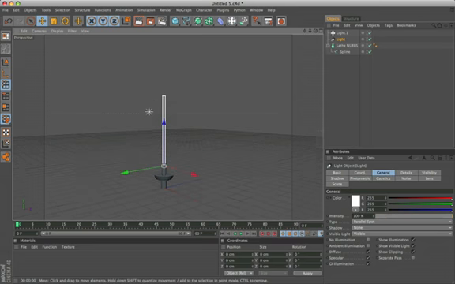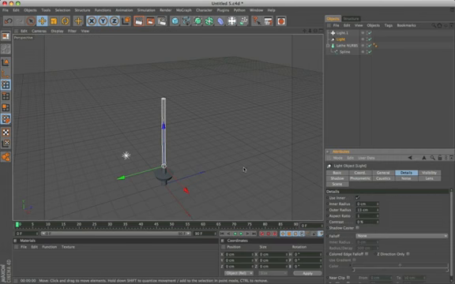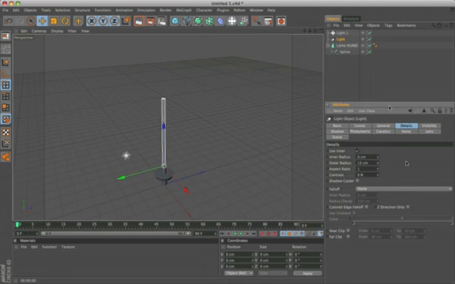In the details panel, there aren't important parameters for this type of project. For example, the fall-off value we don't need, but if we go in the visibility panel, you can modify some very